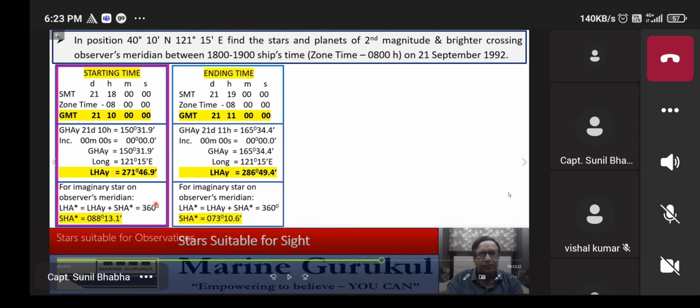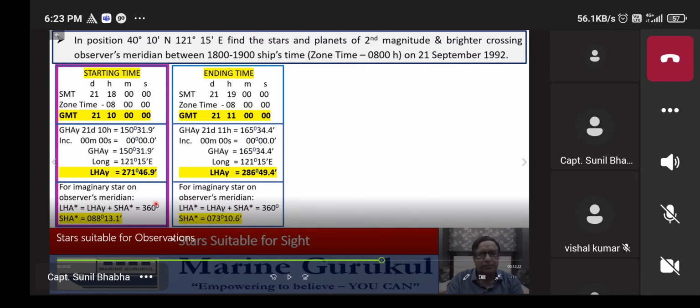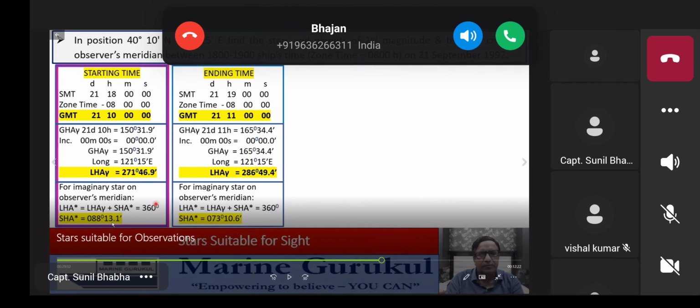Okay, now what have we done, beta? We have obtained the SHA of a star which is on our meridian at 1800 ship's time and also at 1900 ship's time. The first star, which you are seeing with a SHA of 088 13.1, will be on our meridian at 1800 hours, and the second star with SHA 073 will be